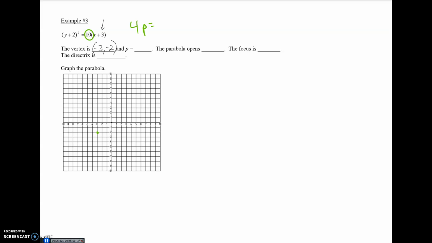Okay, 4p equals 10. And so we got to figure out what p is. Well, 10 fourths, that's 5 halves, that's 2.5. So I'm going to write it as 2.5. Okay, all right, y is squared, p is positive. It opens to the right. The focus. Well, remember, the focus, we're going to move, because this opens to the right, I'm going to quickly